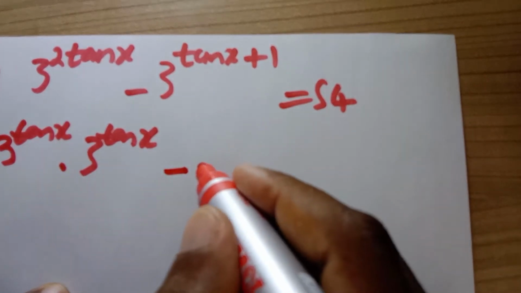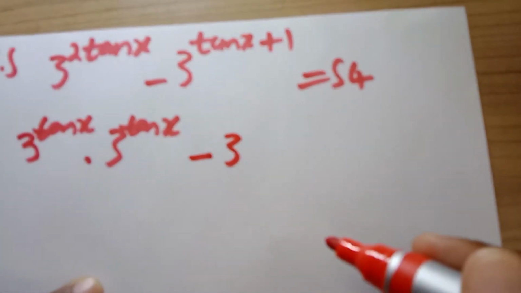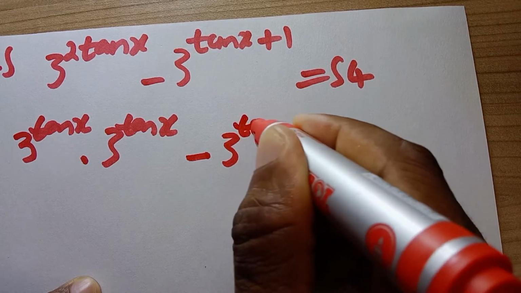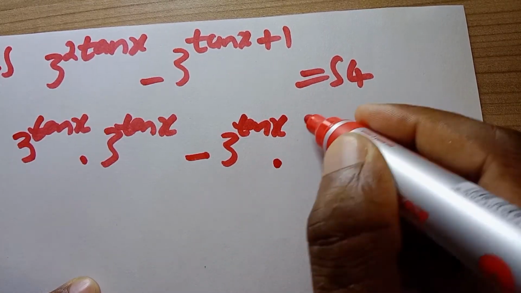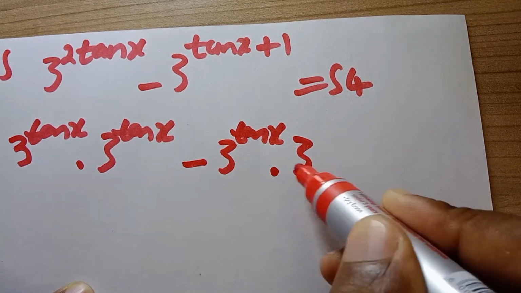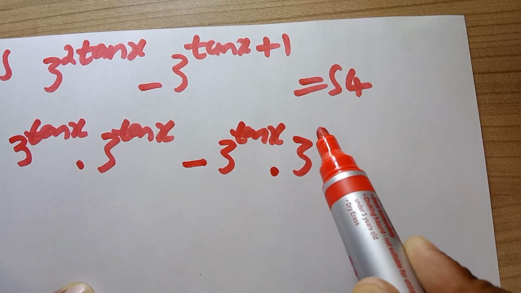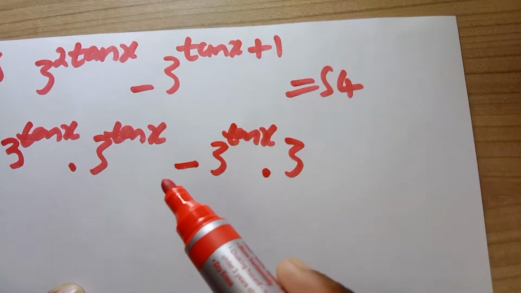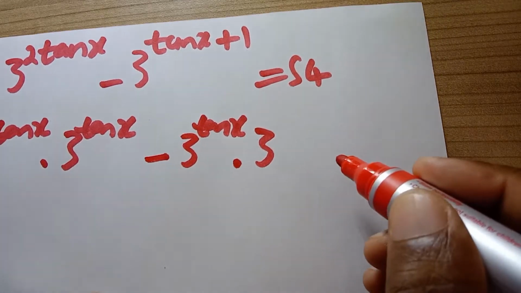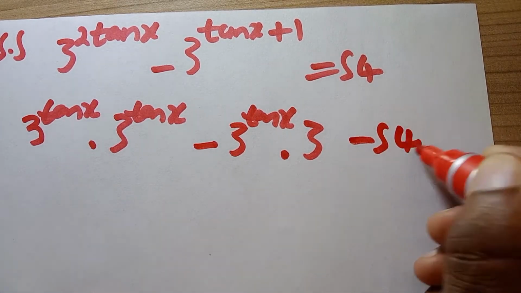Here we're going to have the 3 tan x there, multiplying 3 to the exponent 1 there. The bases are the same, so you write one base, then you add the exponent, then it's going to be tan x plus 1 here. That's why it's like that. Then you're going to bring this one to the other side. When you bring it to the other side, it's going to give us negative 54,